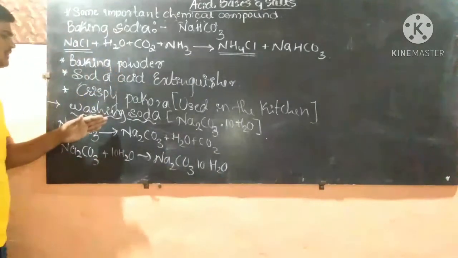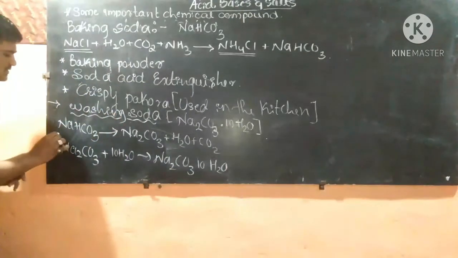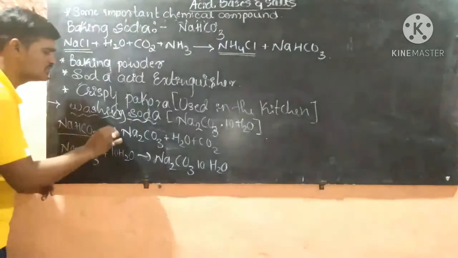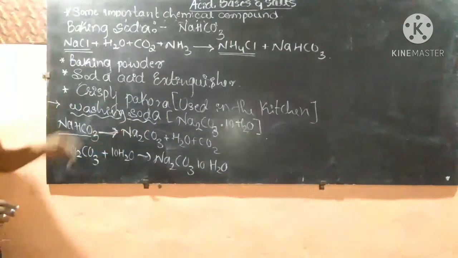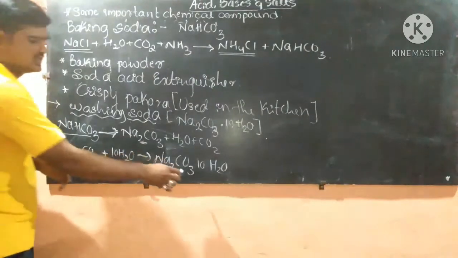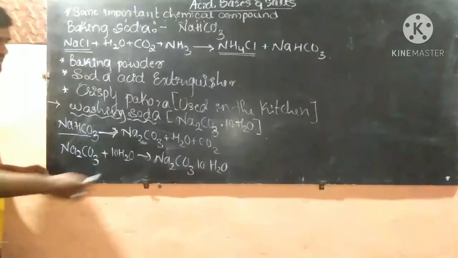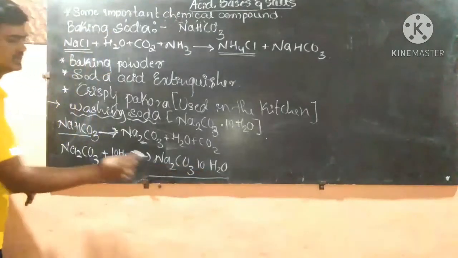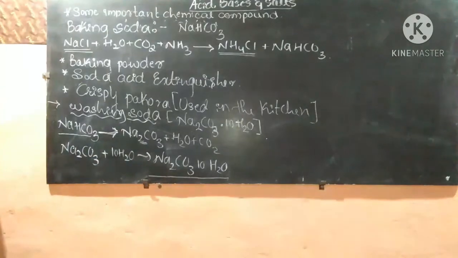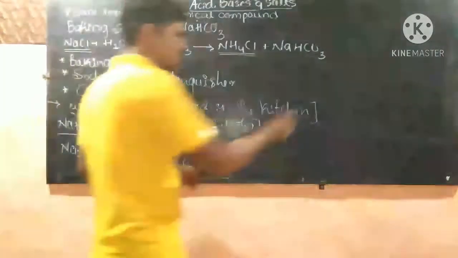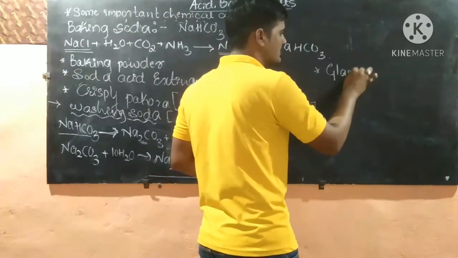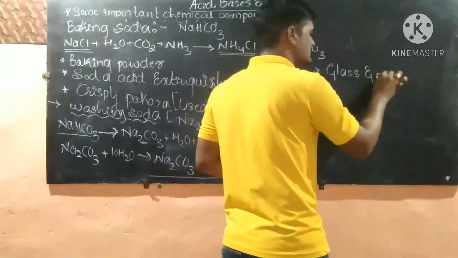Here in the preparation of this washing soda, sodium hydrogen carbonate, that is baking soda, decomposes to give sodium carbonate, and this sodium carbonate after recrystallization gives the washing soda, that is Na2CO3·10H2O. It is the chemical formula for washing soda. And some uses of washing soda are glass and paper industries,